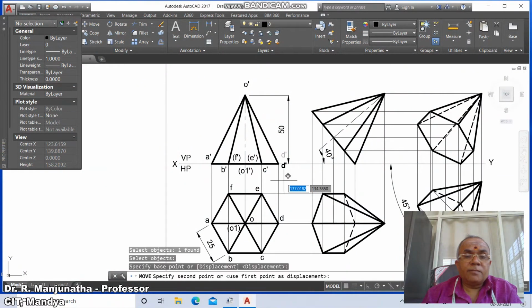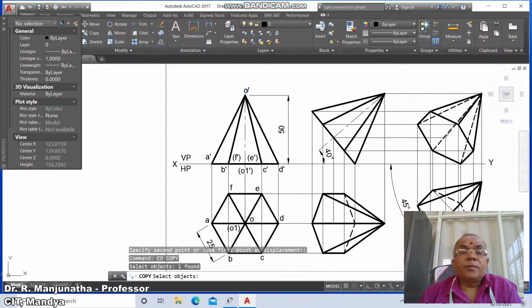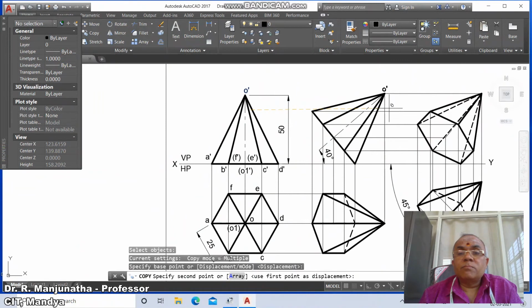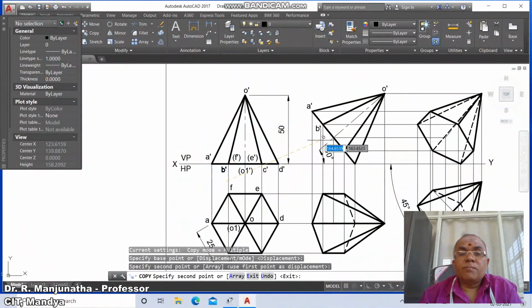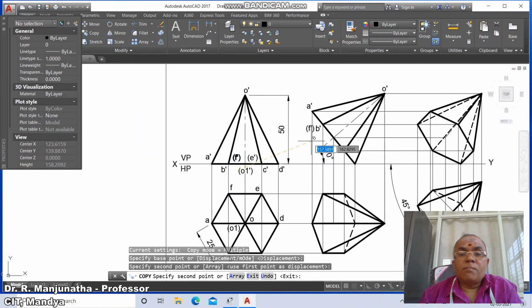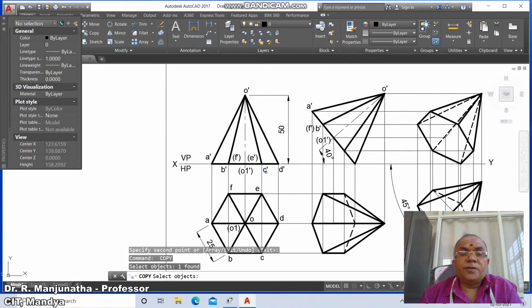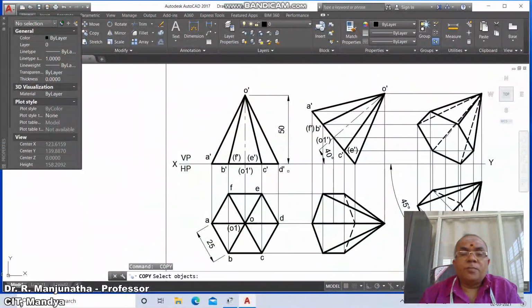you take D dash, take O dash, and go to copy this O dash here, copy this A dash here, copy this B dash here, copy this F dash here, copy this O1 dash here, copy this C dash here, copy this E dash here, copy this D dash here,